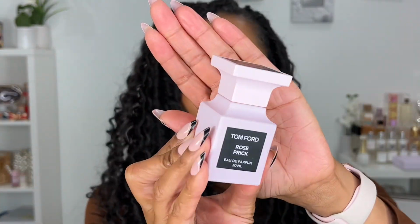Okay, so let's get into one that I wanted for so long and I finally got it this year. So I got it a little out of season. When I bought it, it was warm outside, so I didn't wear this one too much, because when I say this one is warm, honey, it might as well come with a fireplace in it. Tom Ford's Rose Prick. Now, when I first saw this fragrance, I'm not going to lie, I really wanted it for the packaging. This baby pink, the shape of the bottle, I was like, this is what I need in my life. And when I first smelled it, I was like,